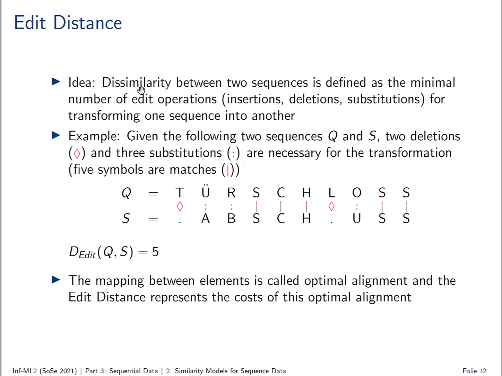The basic idea is that the dissimilarity, the distance between two sequences, is now defined as the minimum number of so-called edit operations that are required to transform one sequence into the other. The edit operations that we typically allow are insertions, the insertion of an element, deletion of an element, and the substitution of an element for another element. So here's an example, given the following two sequences Q and S again: